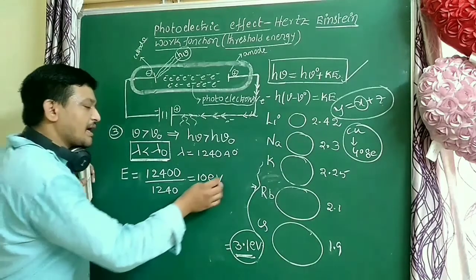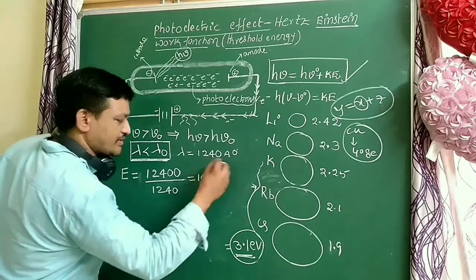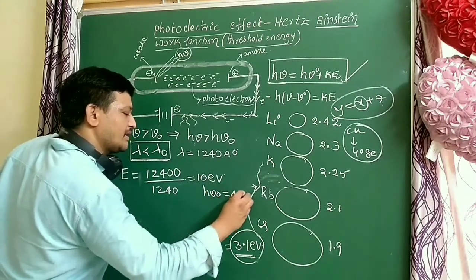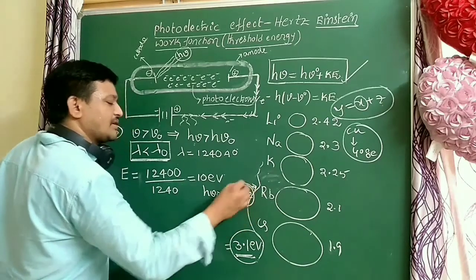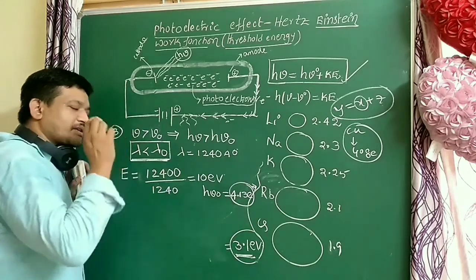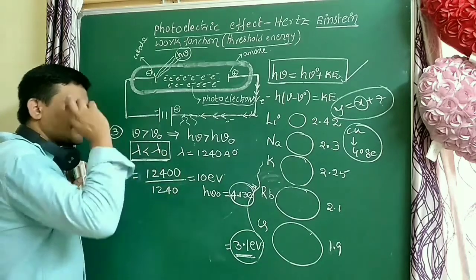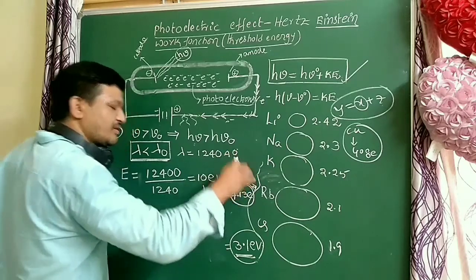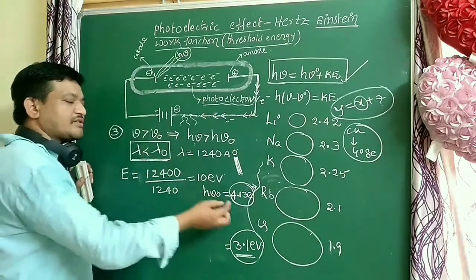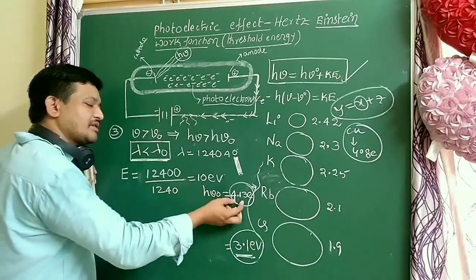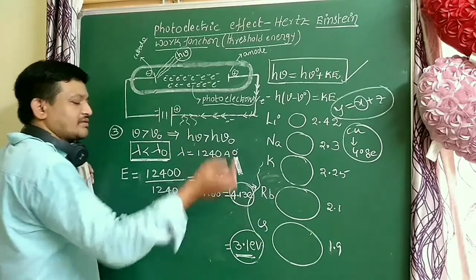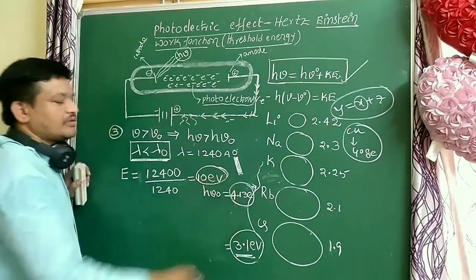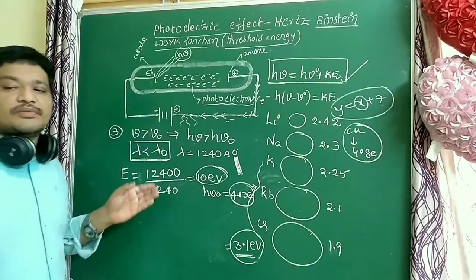So here, take the same condition. Threshold energy is again 4.13. For the same metal, threshold energy is constant. Threshold energy depends only on the nature of the metal. Take a particular metal, and that metal's threshold energy is always constant. So in the first case this is the threshold energy, in the second case also, and in the third case also this is the threshold energy. Now the light energy is very much more when compared to the threshold energy of that metal.